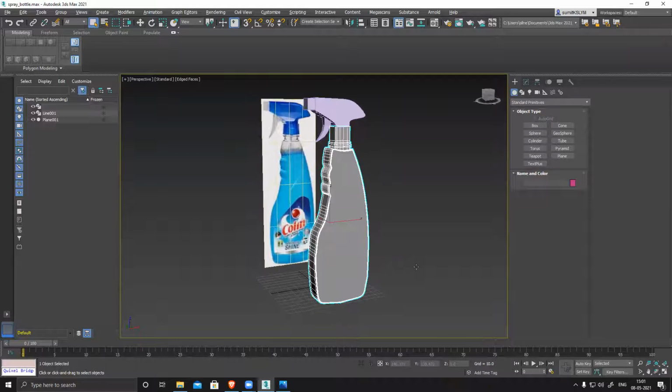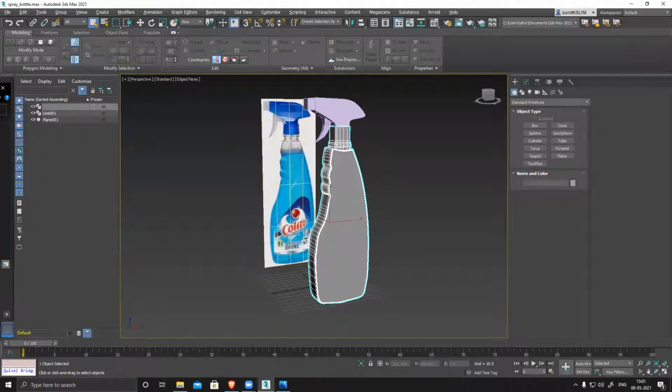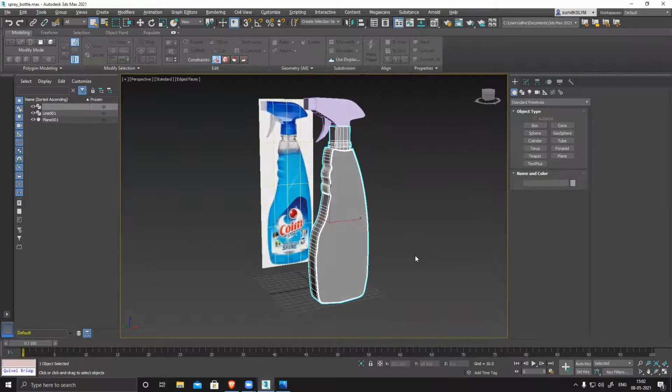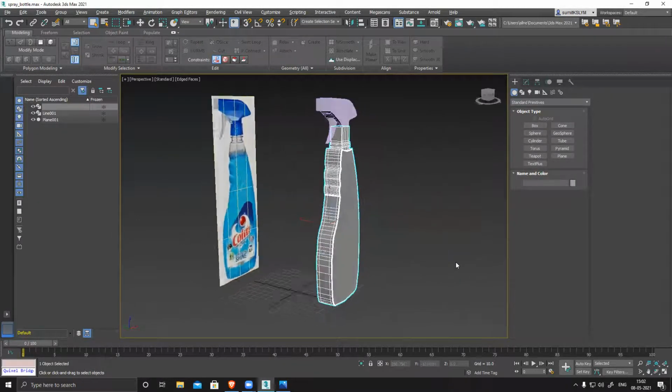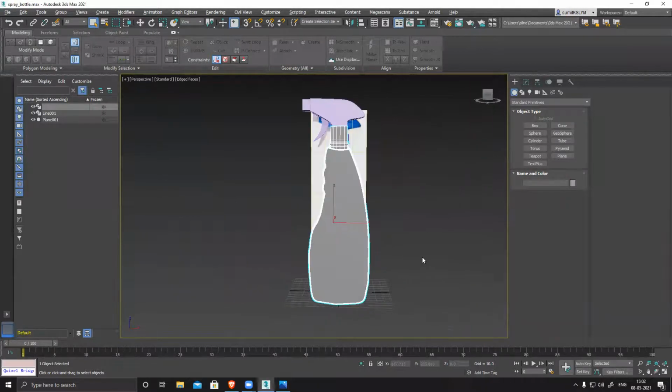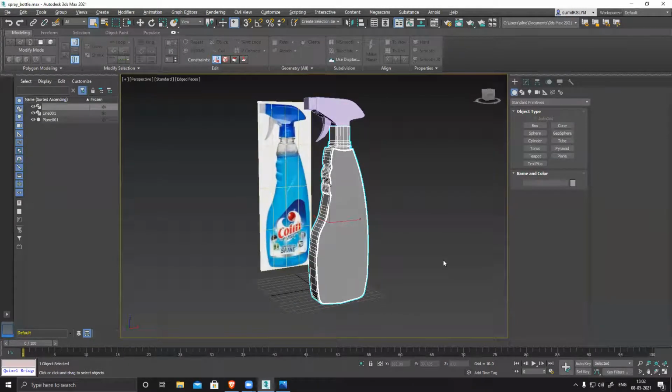Hello. Yes, tell me. So actually, the problem is I ended up with a big N-gon at the side, and so I'm not able to create it as a polygon so that it looks good. I tried the loft as well, but the shape was getting distorted. So I thought of taking the line as a spline, and I created an outline.